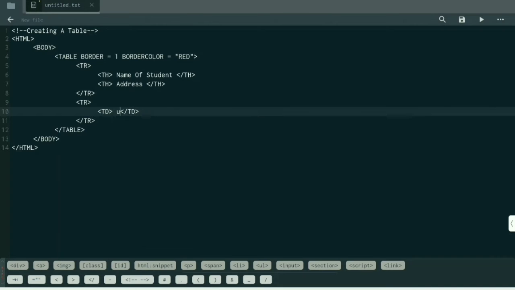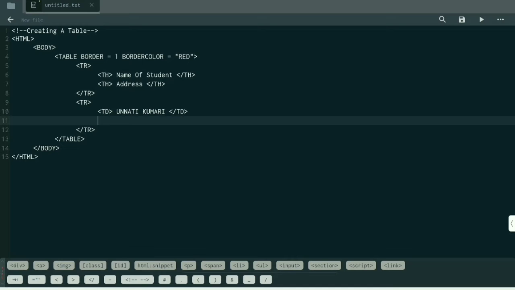For specifying fields of the table, TH tag, header of the cell tags. Then for entering data into the cells we use TD tag, table data.